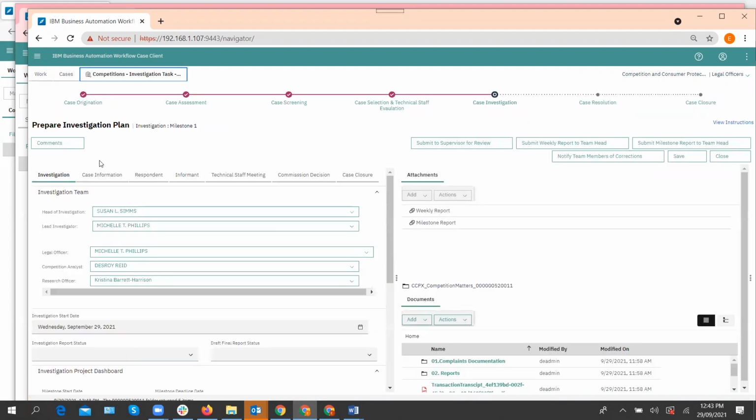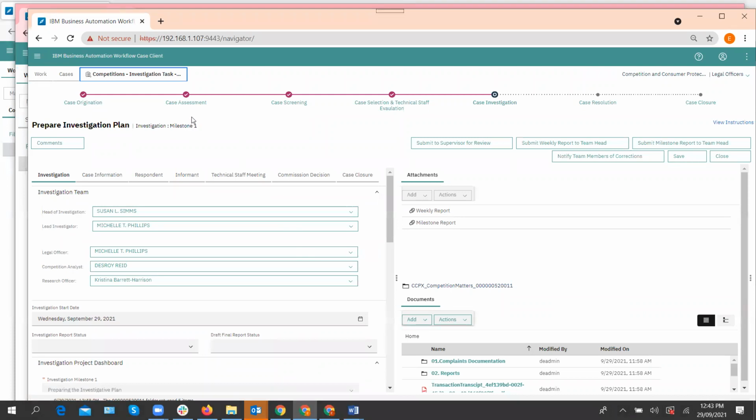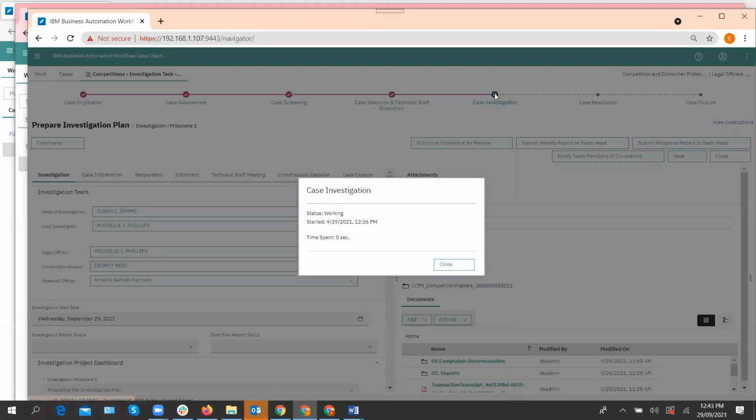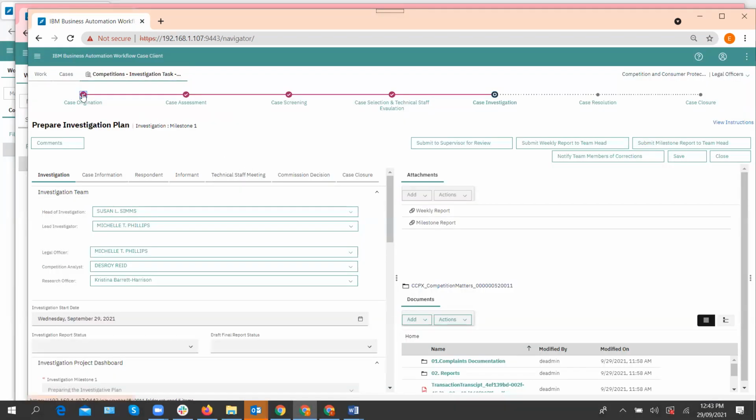What you can see here, the case now has moved from case origination to case assessment to case screening, case selection and technical staff evaluation, and is now into case investigation. So this process tracker keeps you notified and updated as to the stage of the case and what's happening. And when you click on each one of these, so if you click here, it'll tell you